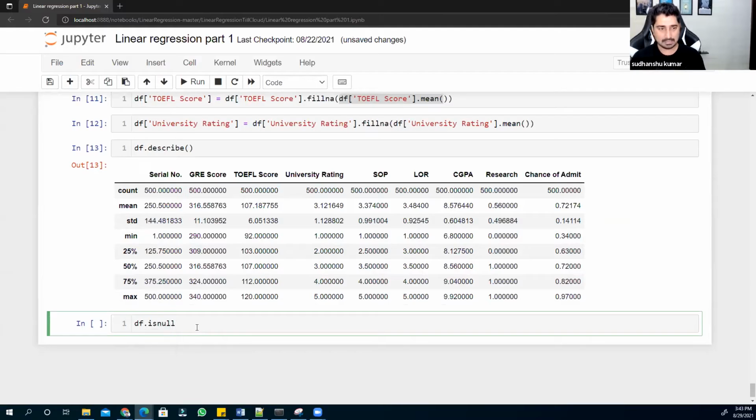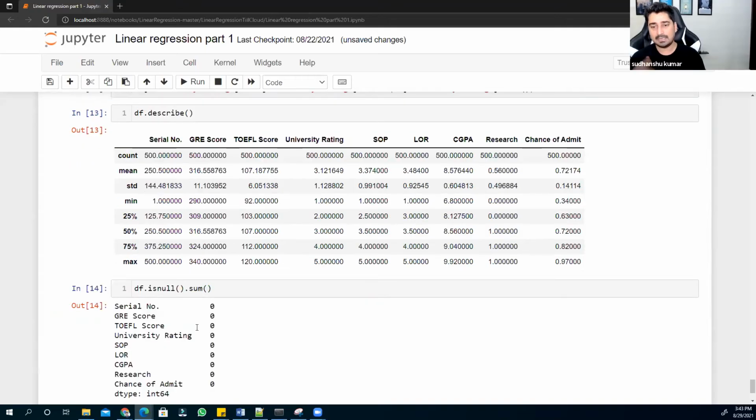Right, is null, you can try to call dot, you can try to call a summation, and even in this way you will be able to know whether we have some missing values or not, right? So yes, that is completely fine, we don't have any kind of missing values, so we are good. So far so forth. Now once we are good with this information with respect to missing values,